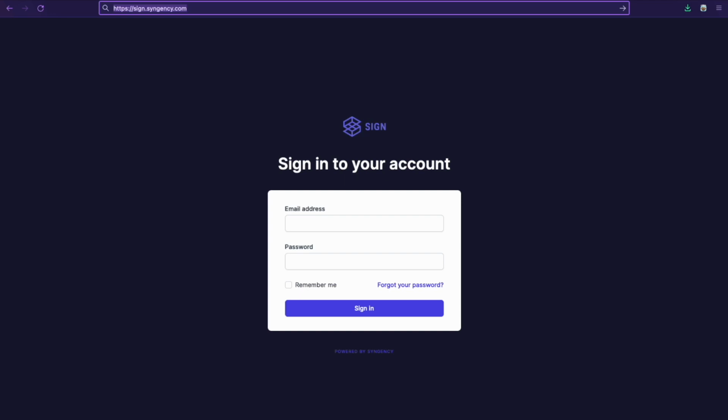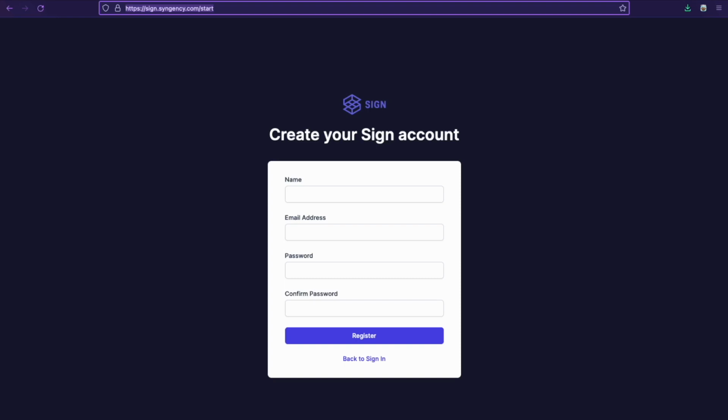As you can see here, it has its own URL at sign.syngency.com. You can send documents from Sign independent of the agency platform, but it really is designed to integrate with your agency account so that all of your deal memos, client contracts, and talent contracts can be synced with and sent from Sign. So to get started, register for a Sign account at